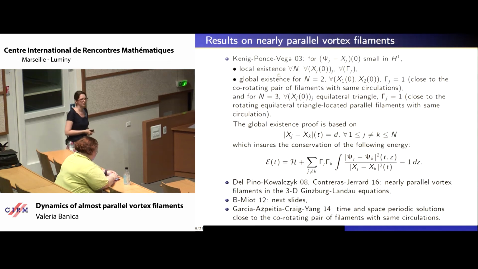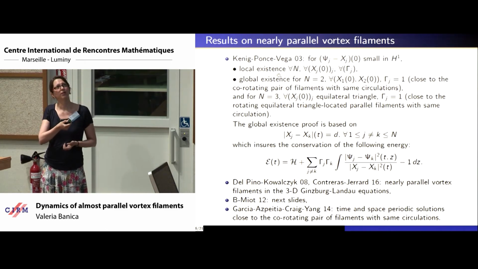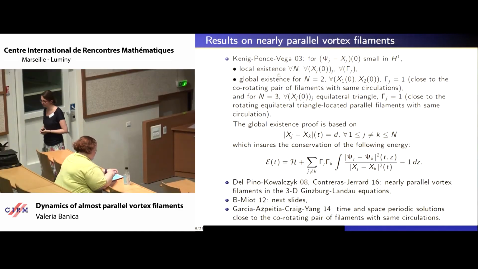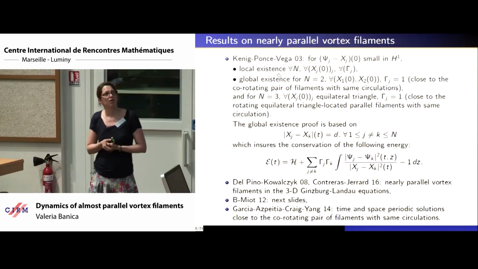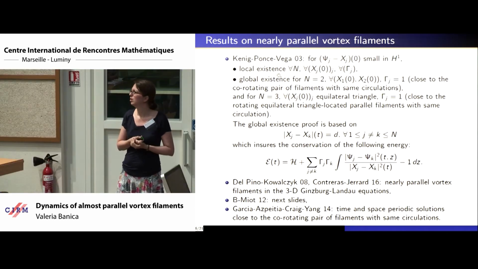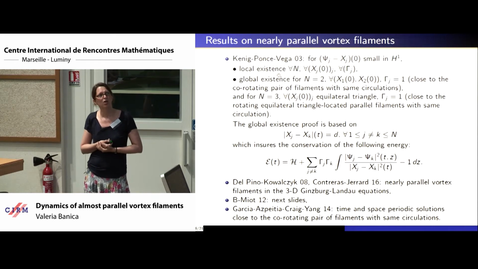And then, as you can imagine, people from the dispersive community got knowledge of this very nice model and tried to do things. So Koenig, Ponce, Vega put themselves in the classical situation where you consider a perturbation in H1 under a smallness condition, and they prove local existence. And also they prove global existence for some configuration that I will explain in one moment, after saying precisely how the proof is based. Actually, when the distance between any 2 point vortices of the initial configuration around which you are looking at solutions is the same,